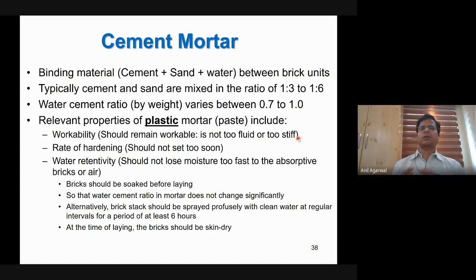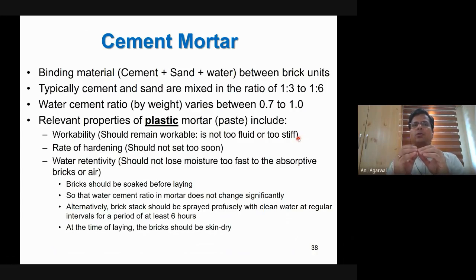So basically, now you can think of mortar as two different stages. The first stage of mortar is when it is in plastic form, when it is in liquid form, right? Why am I calling it plastic? Because it is deformable. I can deform it and then it retains the shape. So that's a very plastic kind of property. That is the paste kind of property. At that time, I require the mortar to behave in a particular fashion. But when it hardens, when it solidifies, that is the second stage. And in the second stage, I want completely different types of properties from mortar. And that's where the balance has to be struck.